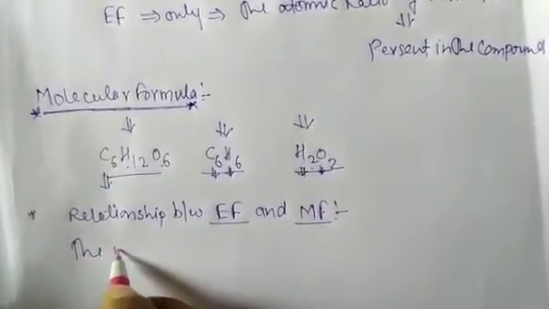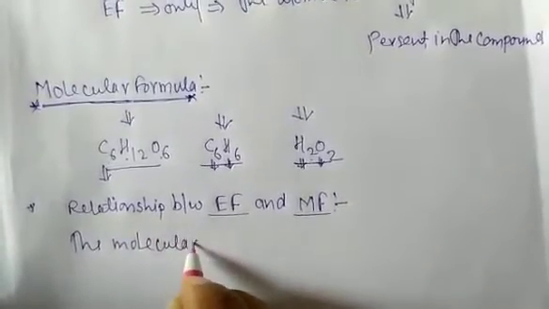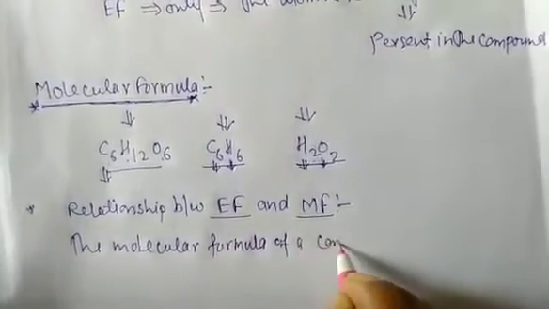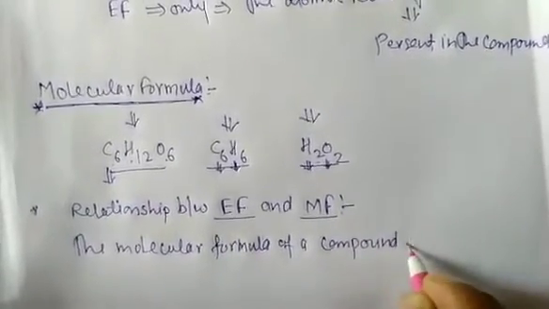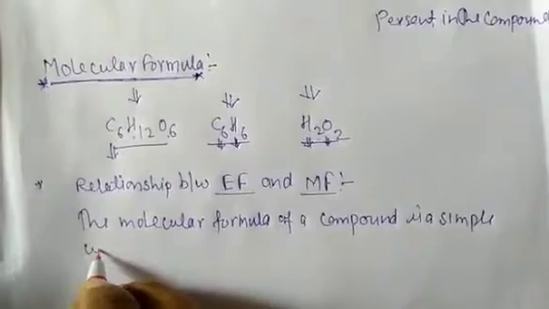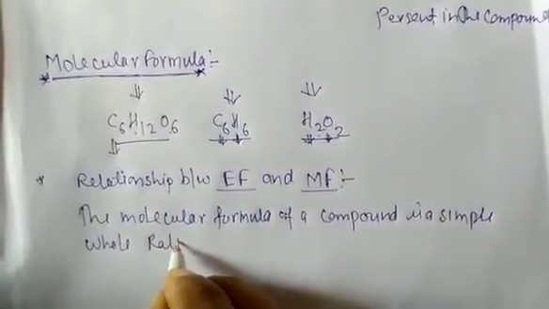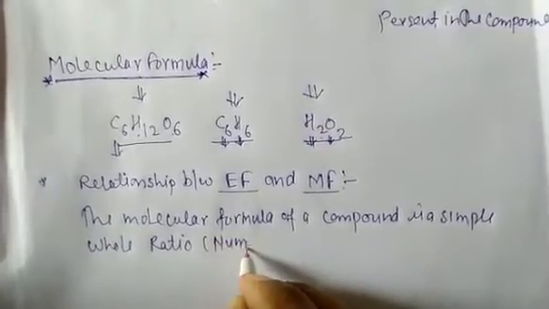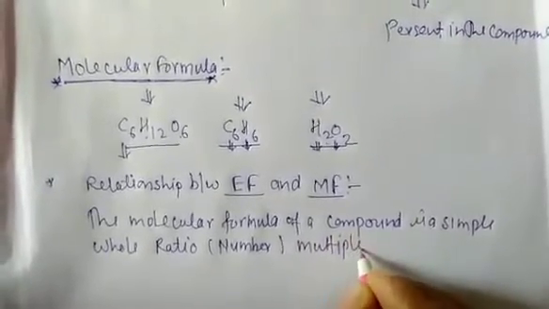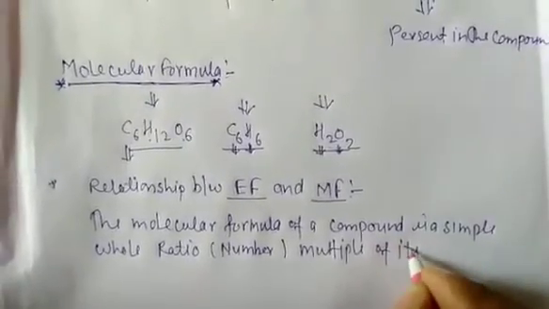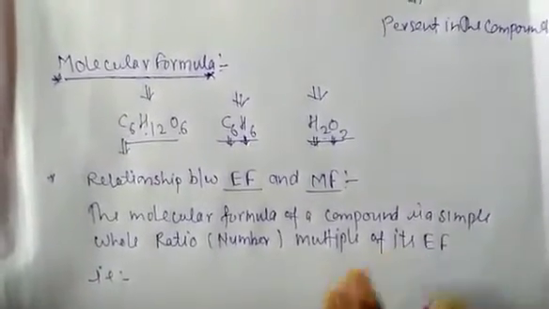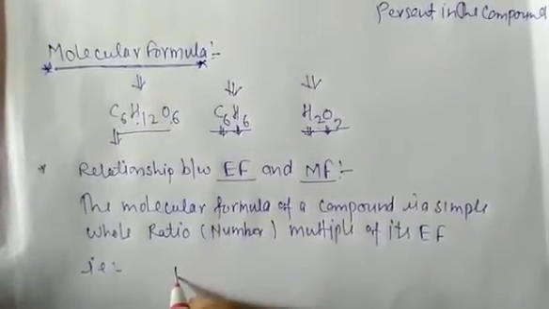So the molecular formula of a compound is a simple whole number multiple of its empirical formula, that is,